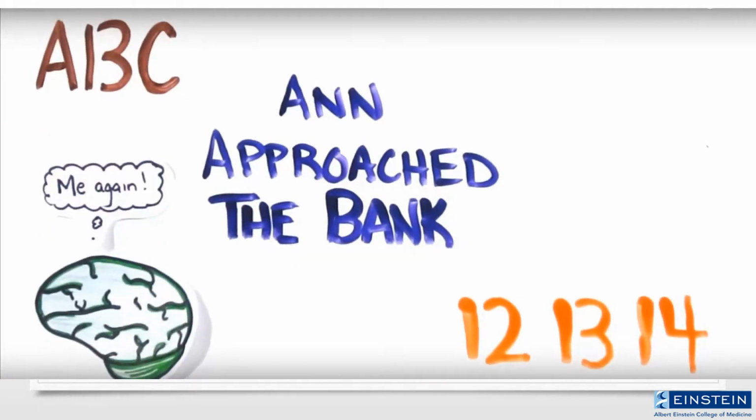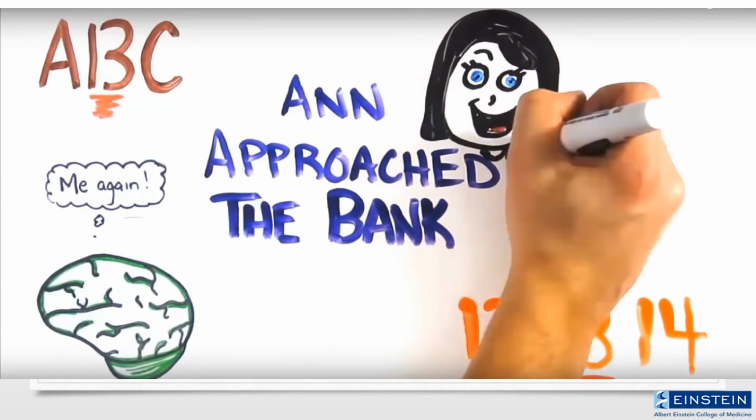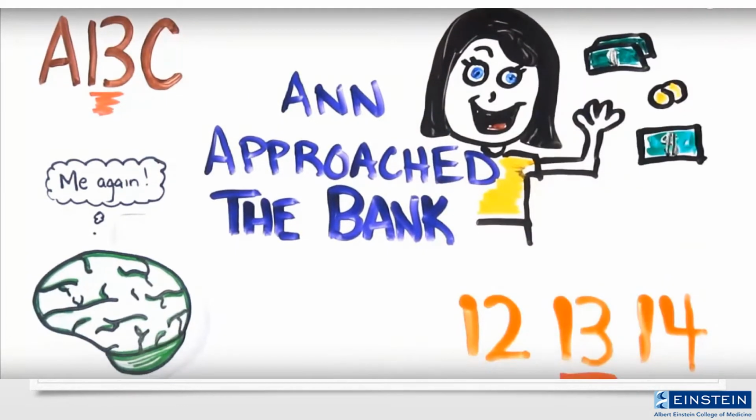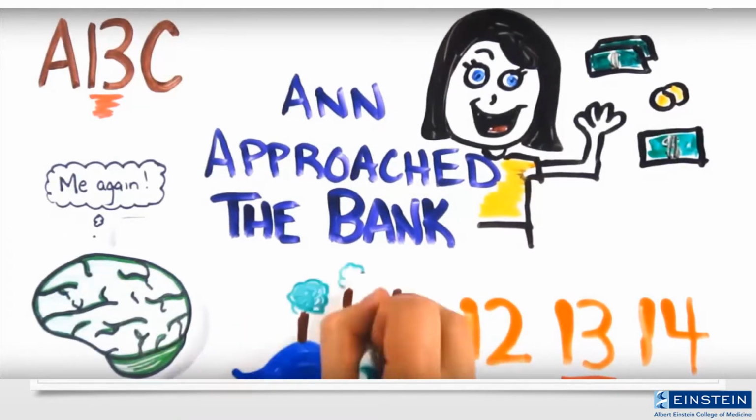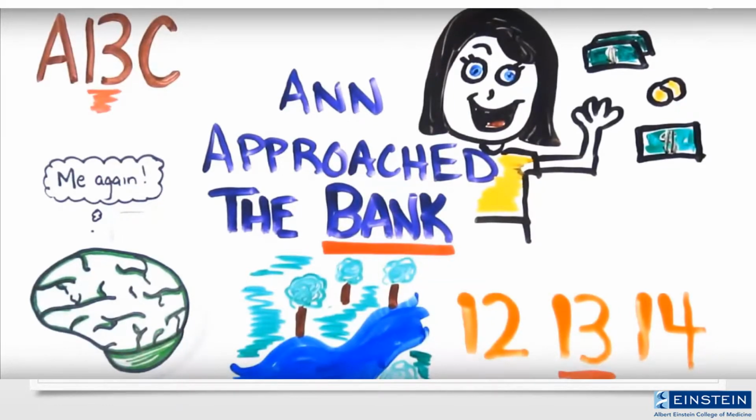You could have read it as A13C or 12B14, but your brain created the context unconsciously. Also, you likely imagined a woman with money on her mind walking towards a building with tellers, but if the sentence before this was, they were floating gently down the river, the entire scene would have changed because bank is no longer associated with money.